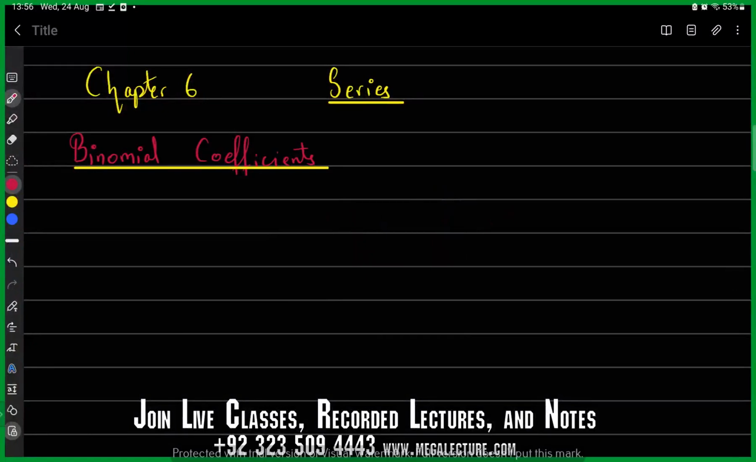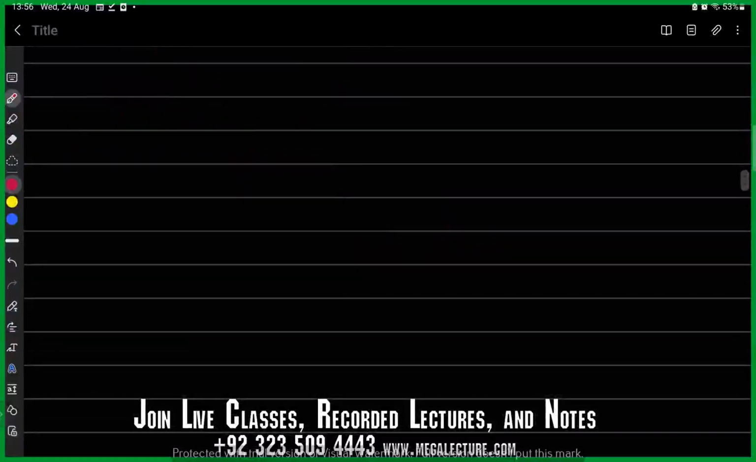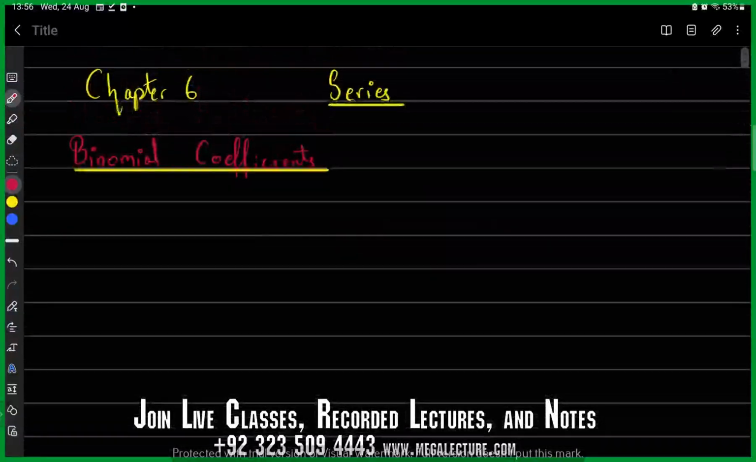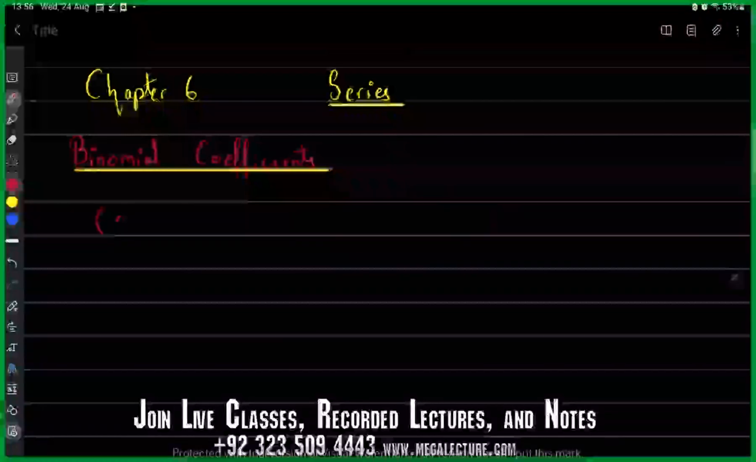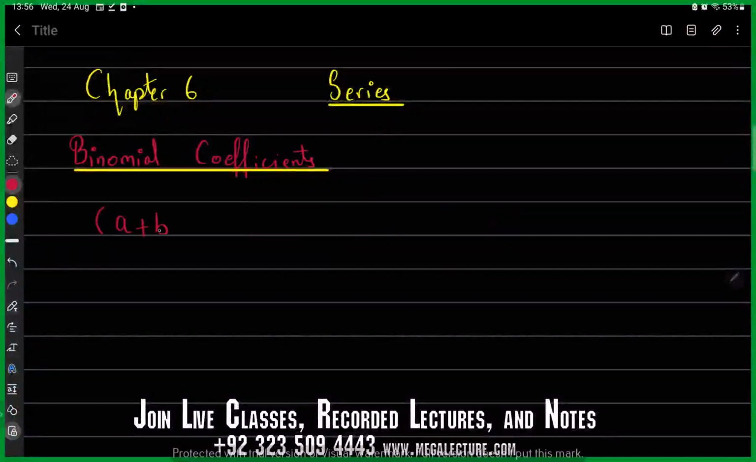Okay. So imagine that it's (a plus b) whole power n. The power could be any number. We are just taking n, and a and b could be anything. How do we expand it? It's nC0 a power n minus 0 b power 0